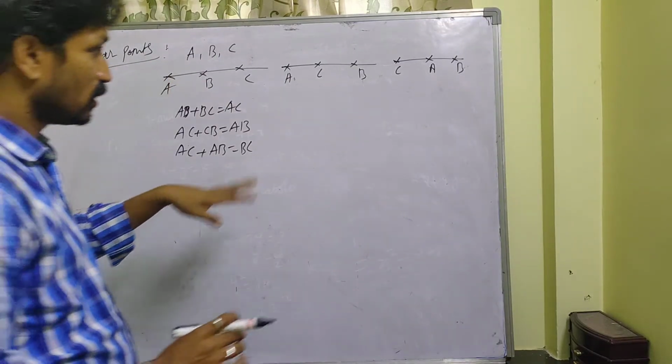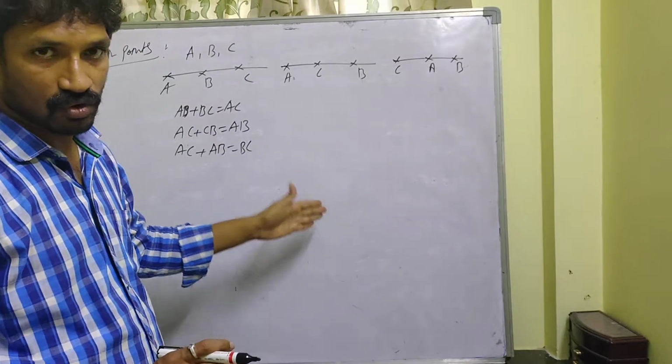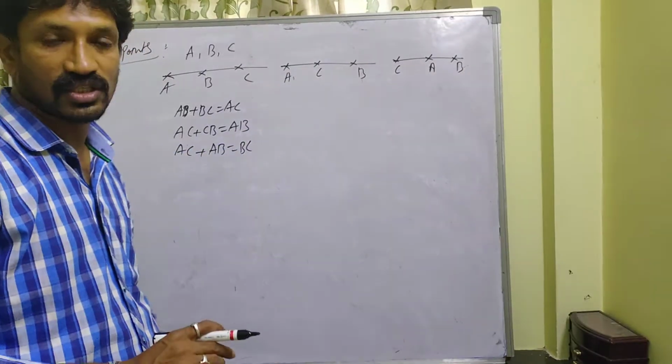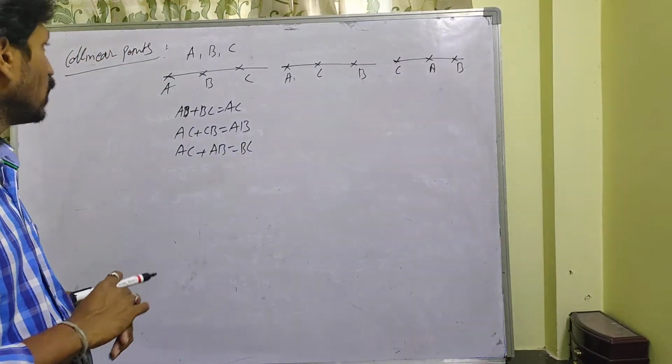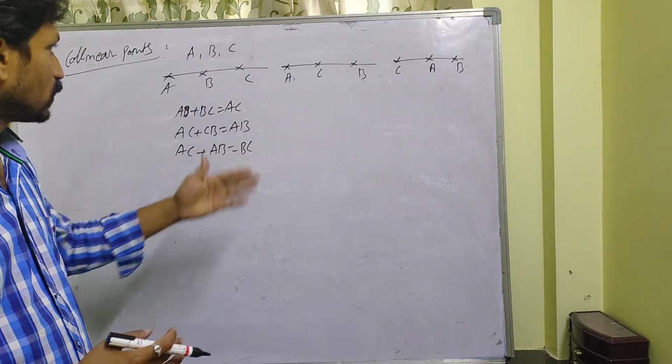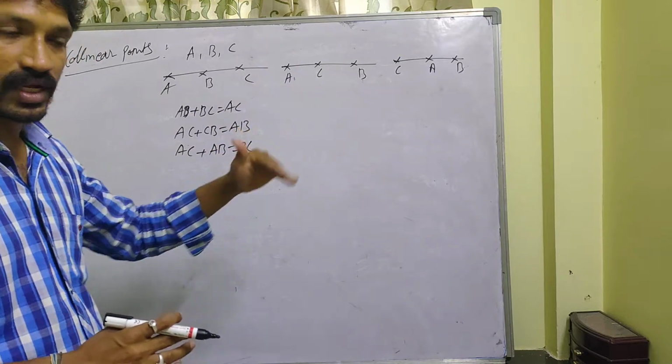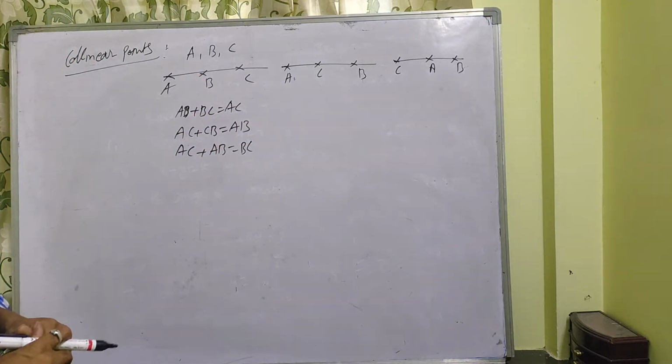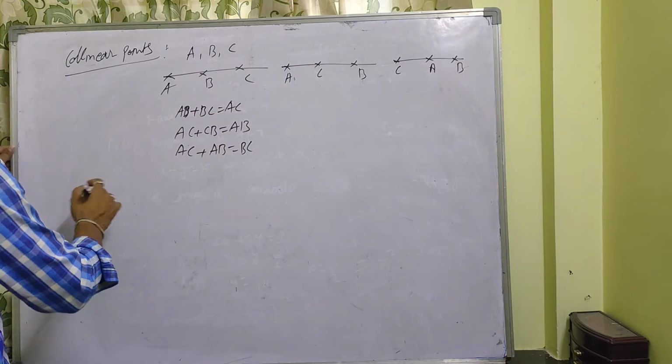In other words, the area of the triangle is equal to 0. The area of the triangle formed by these 3 points is equal to 0. Also we can say collinear points. But till now we didn't discuss area of the triangle. After that, once again we will discuss the collinear points. Okay, next one.